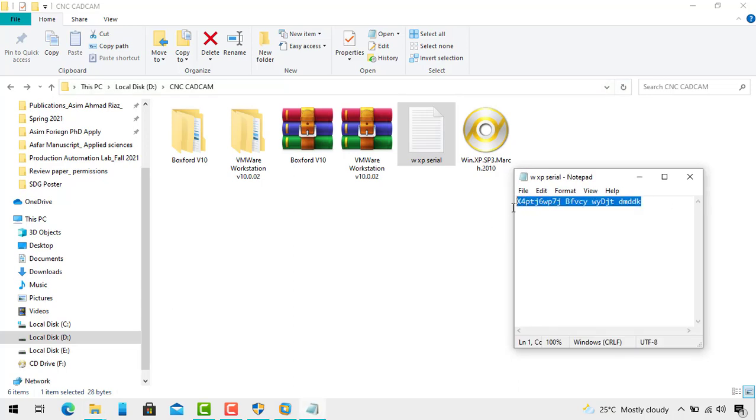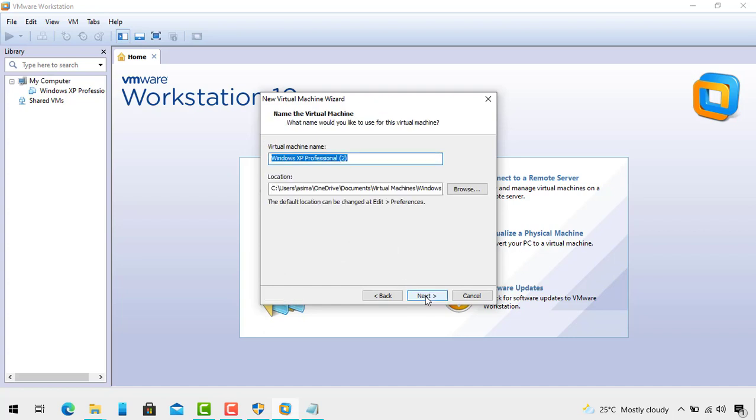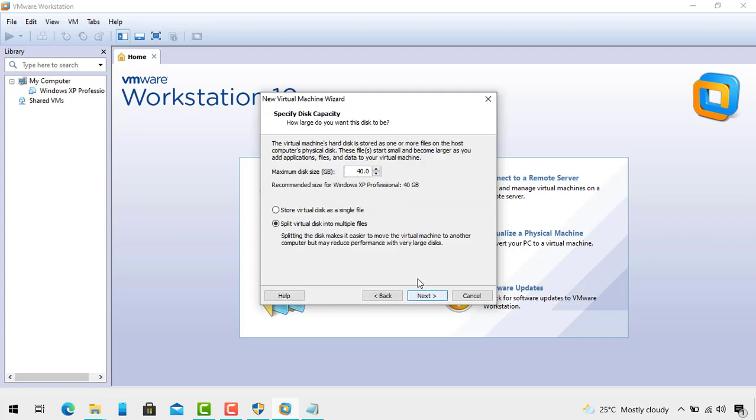Copy this key, Ctrl C, and paste it here. Type your name, for example CNC. Password is optional, so ignore it. Click on the next button. Click next.